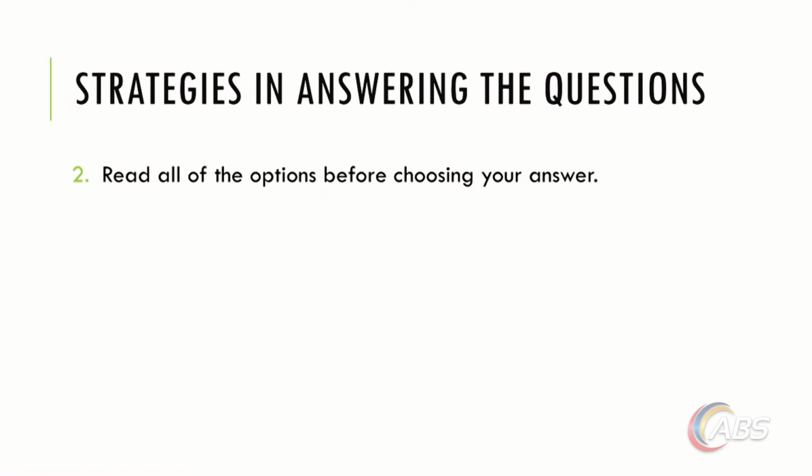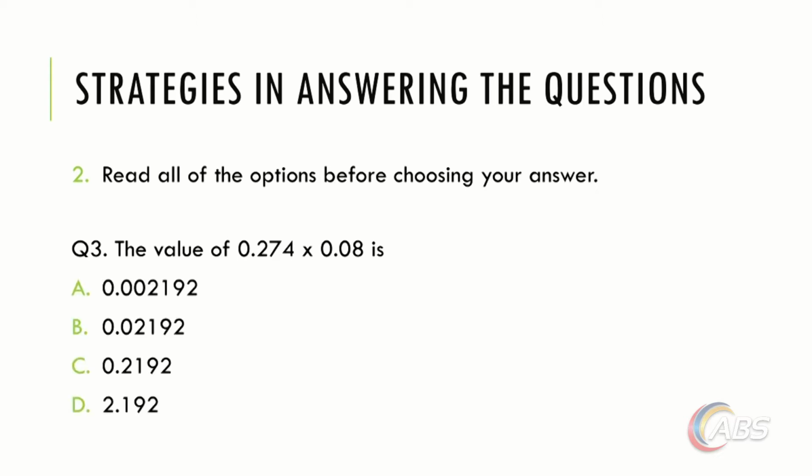Strategy number 2 says that we need to read all the options before choosing our answer. Some options may look very similar, so make sure to read through every alternative, even if you think the first or the second choice is the correct one. Here's our question. The value of 0.274 times 0.08 is, and our options are